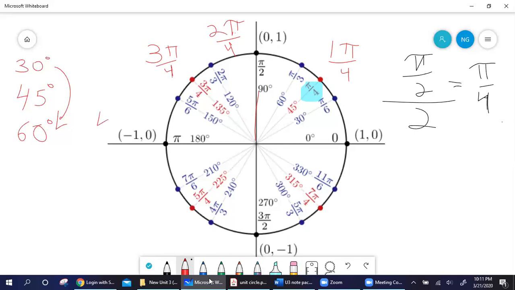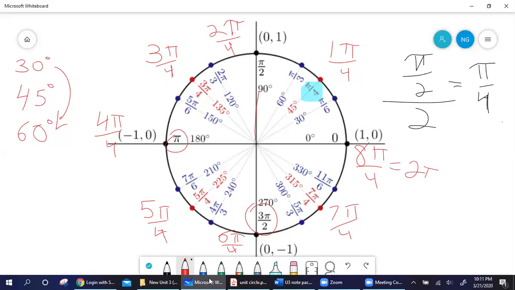The next one would be 4 pi over 4, which is just pi. The next one's 5 pi over 4. 6 pi over 4, which again is reduced to 3 pi over 2. 7 pi over 4. And then all the way back around would be 8 pi over 4, which is also